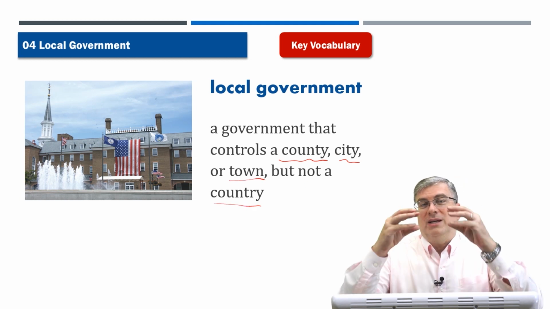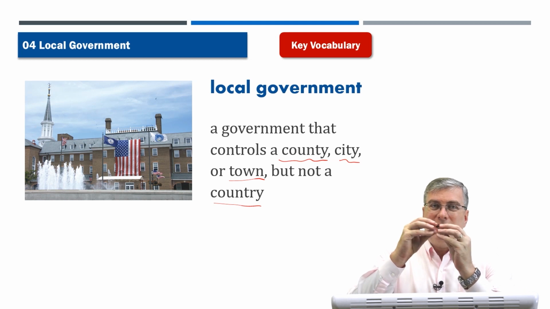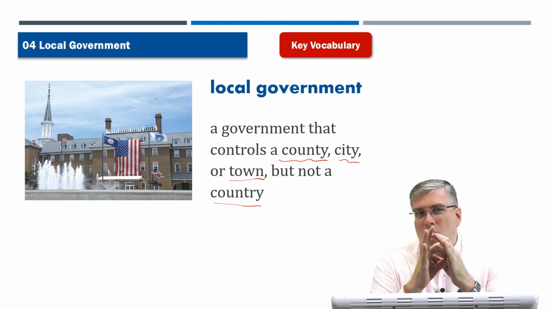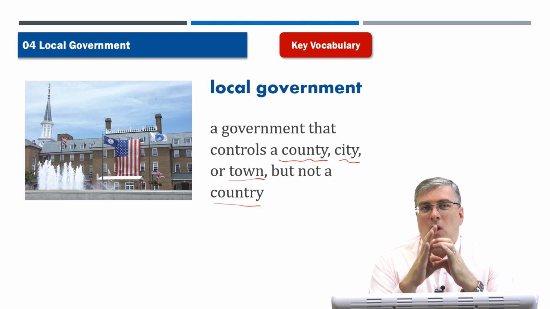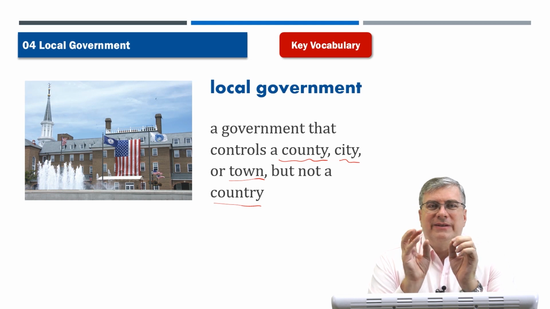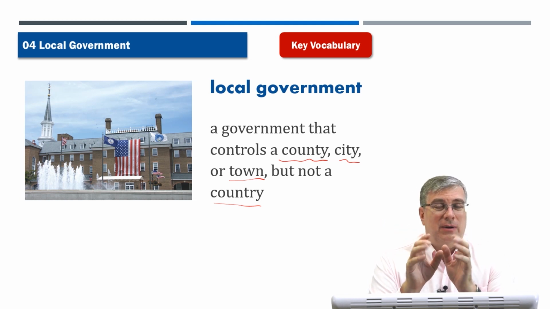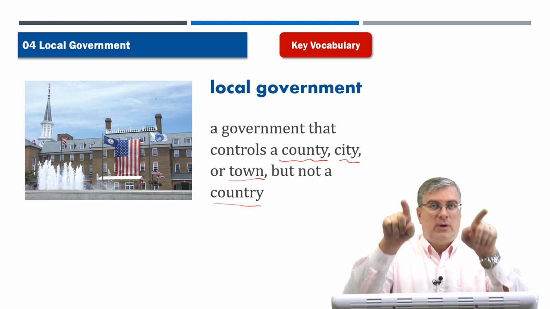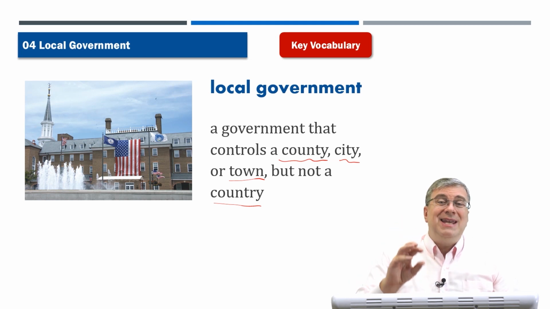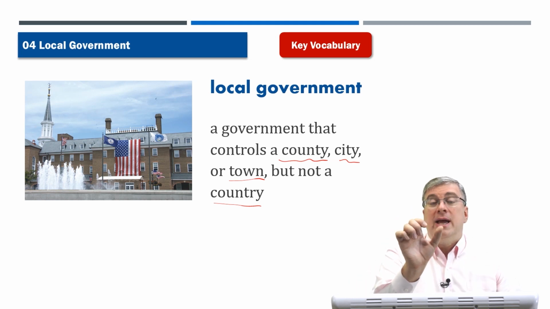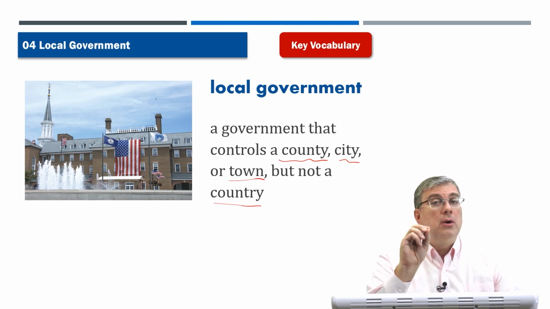So a local government is a smaller government. It might control, like they said, a county, a city, or a town. A town is smaller than a city, or a county. A county is a subdivision. In America, a county is a subdivision of a state, right? So let's take the example of California. California is one state, but there are many, many counties, smaller areas in California that have their own local governments,